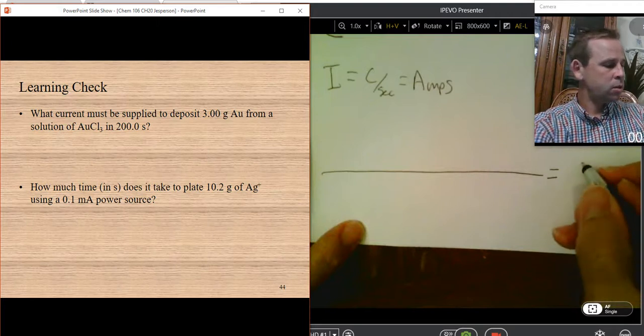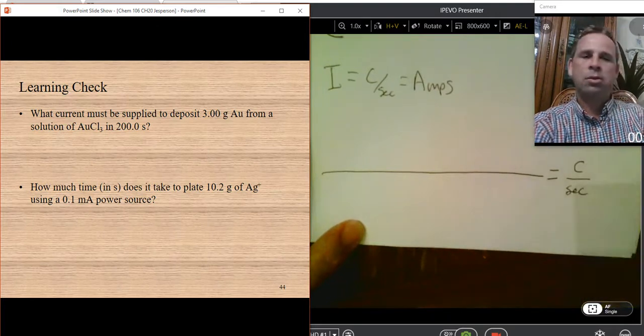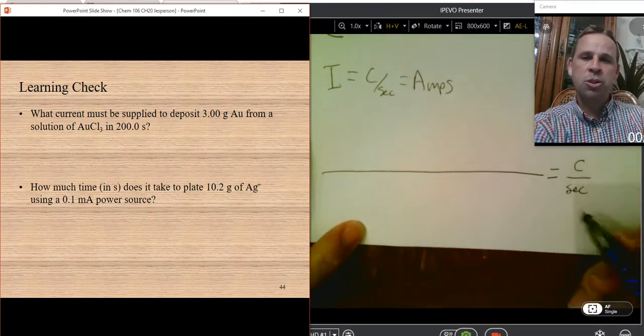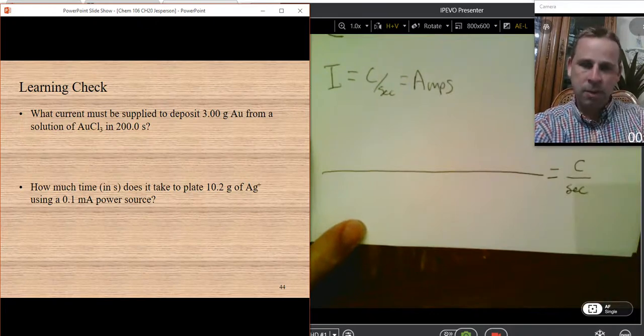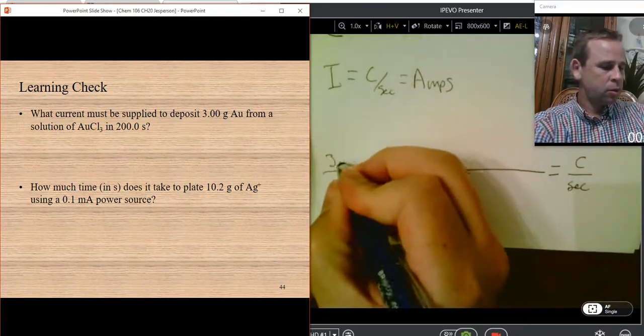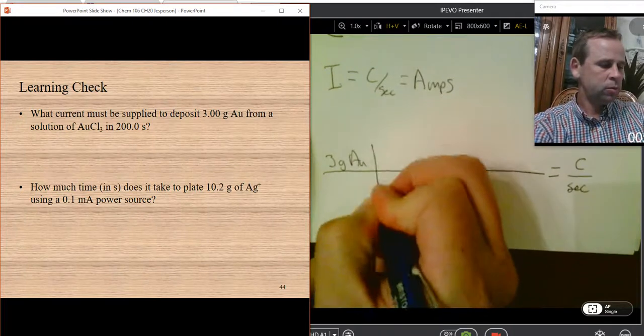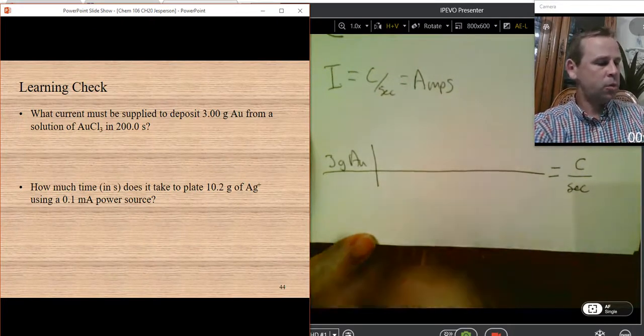So the current is how many coulombs for every second do we have to add, that's the question. How many coulombs per second if we want the following process, 3 grams of gold, right? Convert that 3 grams to,